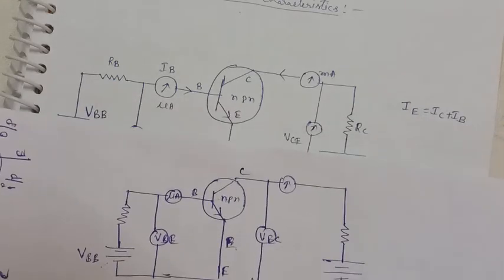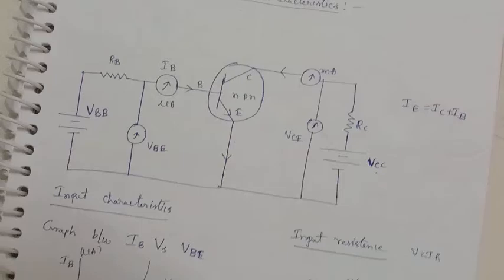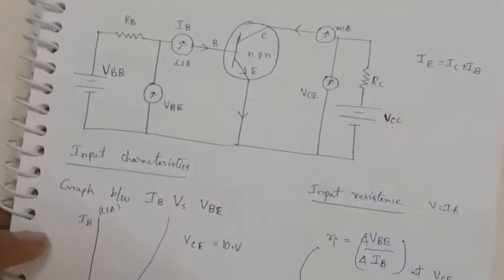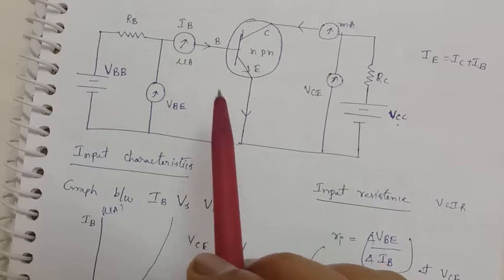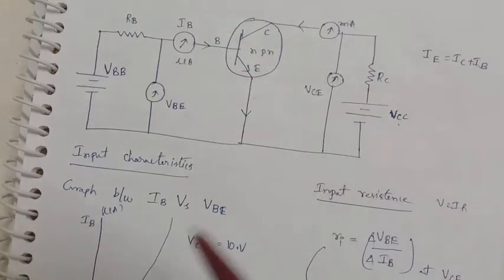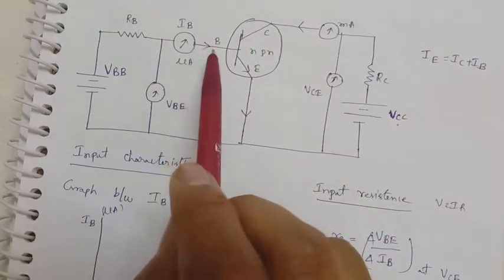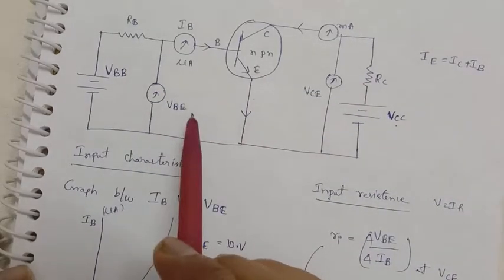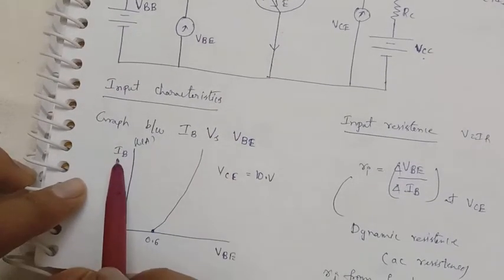In the same manner for the NPN transistor, the first one is the input characteristics. So input is taken from where to where? Input characteristics are measured from the VI characteristics, where VI means voltage versus current. Here the current is IB and the voltage is VB. So then you have to draw the diagram in this manner, with IB and VB.